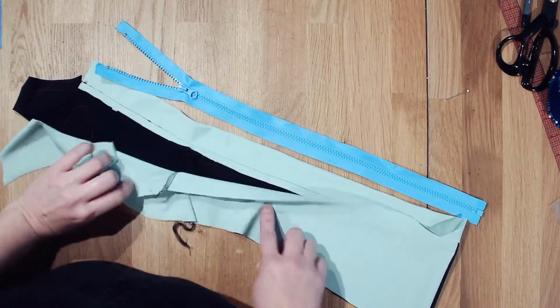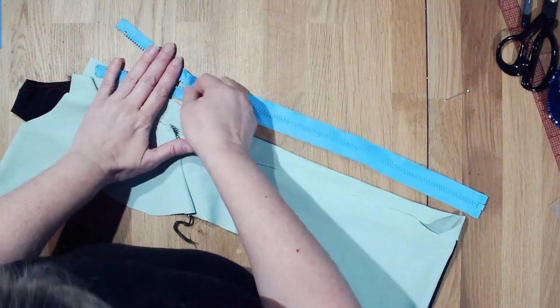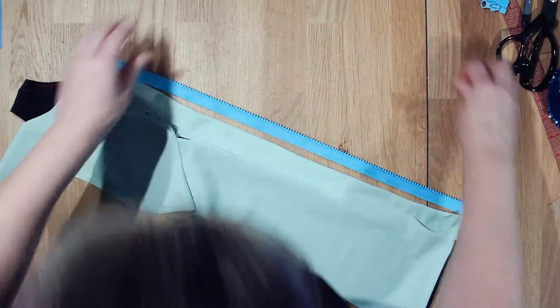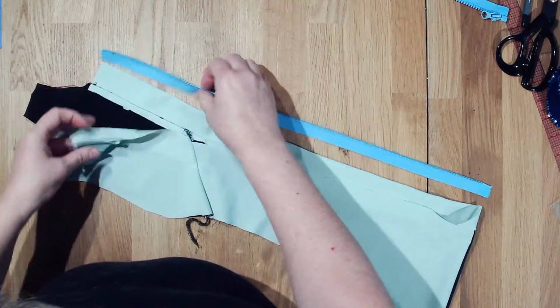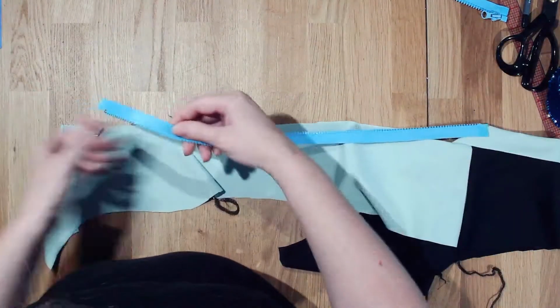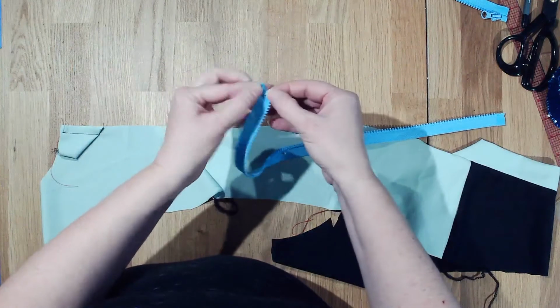So my zipper is now ready to go into this before we move on to the next step. So I'm going to take, and we got to make sure we keep it on the correct side. So that's going to go on the other piece. If you want to put a pin kind of on the side facing up, so this is the side that's going to face up, that way you don't get too confused. Okay, then I'm going to open this bit, and actually, so it's facing up, I'm going to fold back the top up here,